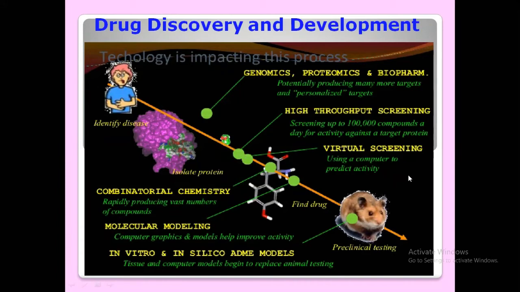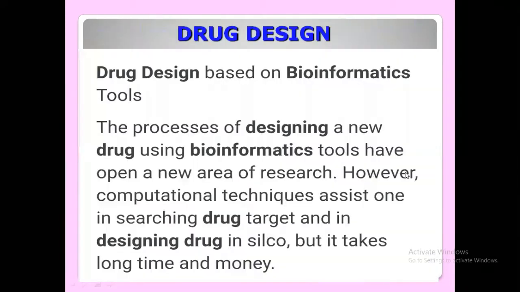So in the old traditional method, if you go for discovering a drug for corona, it will take 20 or 25 years. By the time most of the people would have died. Okay, so today a technology-based drug discovery is very, very important and significant. That is the area of interest today.